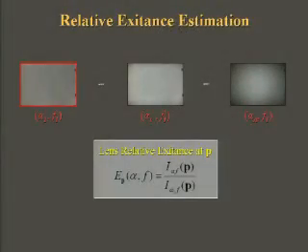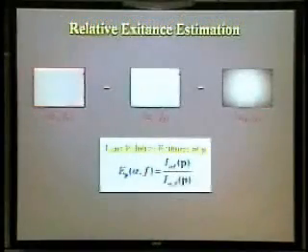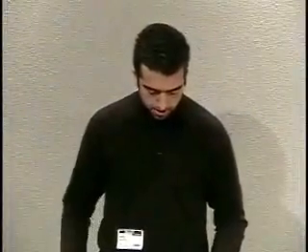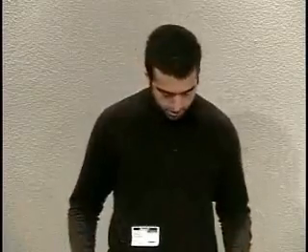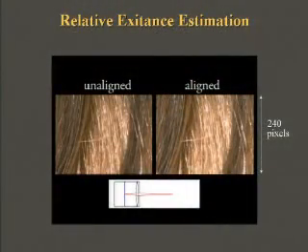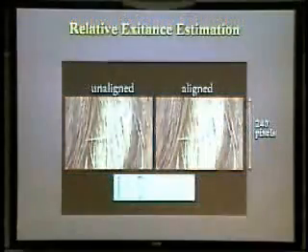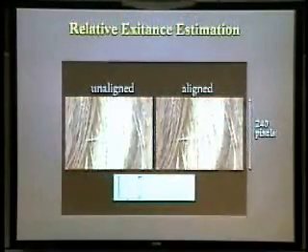For radiometric alignment, this amounts to computing the relative exposure of the lens for every single pixel, and we do this in a very straightforward way by taking photos of an in-focus diffuse white plane and just dividing the intensity of each pixel at each aperture setting by the intensity of the same pixel at the reference aperture. Now, this process implicitly accounts for vignetting, off-axis illumination, and various exposure levels that we might be using, without relying on an analytic lens model itself. In practice, what this lets us do is to radiometrically align images that are taken at different aperture settings within a couple of gray levels.